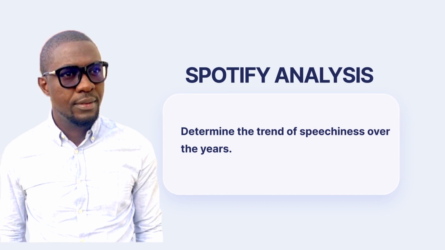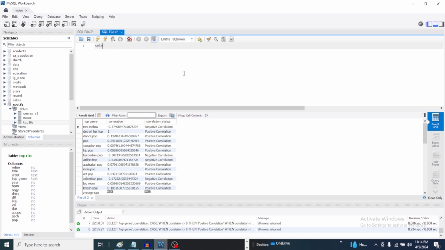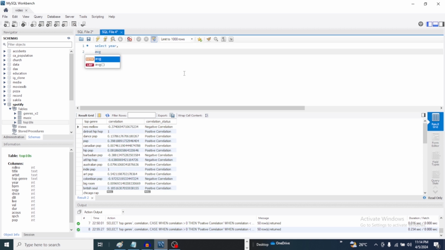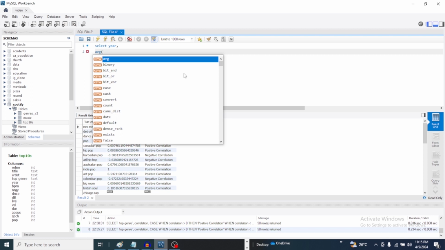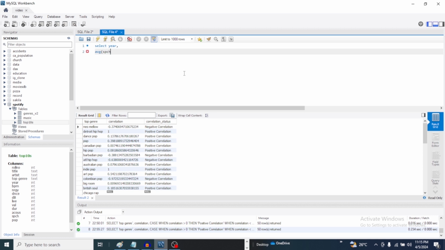Okay, so select year, then our average, in brackets we have our speechiness, that's SPCH, as average underscore speechiness, okay. Comma,